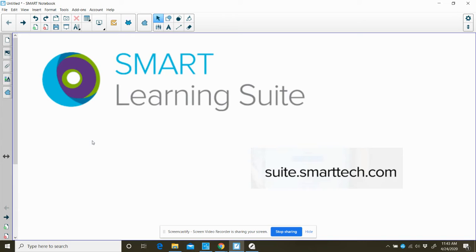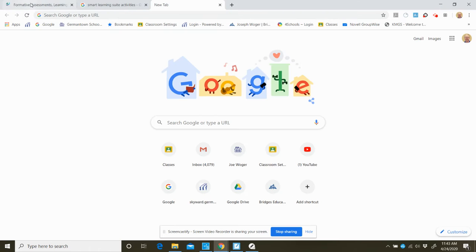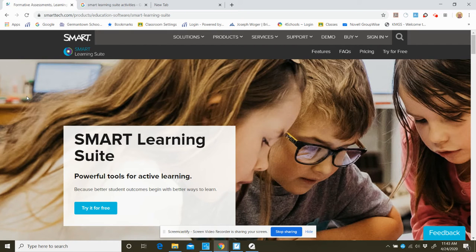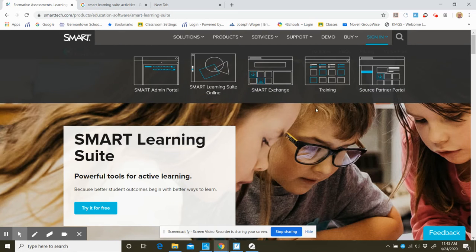The new way is to do everything in the cloud base, which you'd go to Smart Learning Suite at smarttech.com, or just even type in Smart Learning Suite, and it comes up like this. When you sign in, you can just go right up here, sign in, just go on to Smart Learning Suite Online,